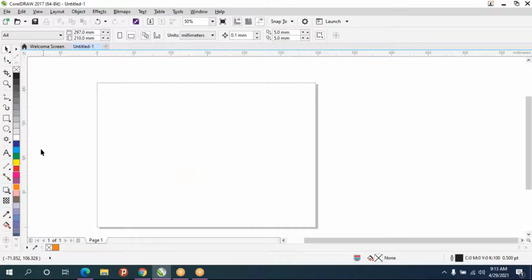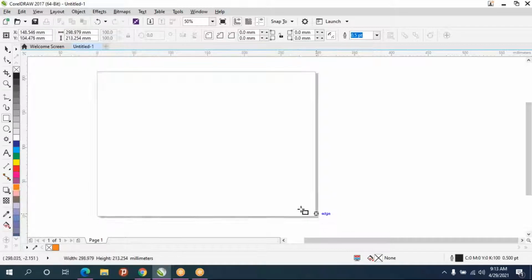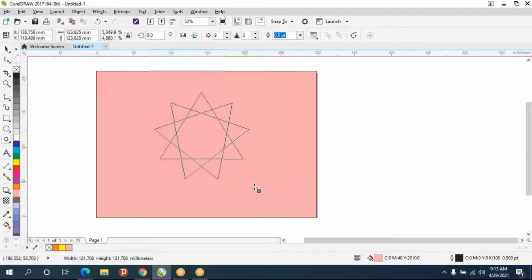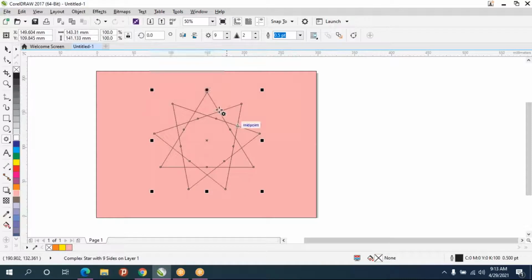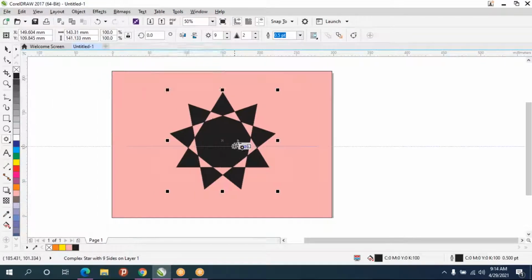You will see the difference. So now you take complex star and fill some color in this. So through this you can see the background color. Okay, that means it will be like a hole.